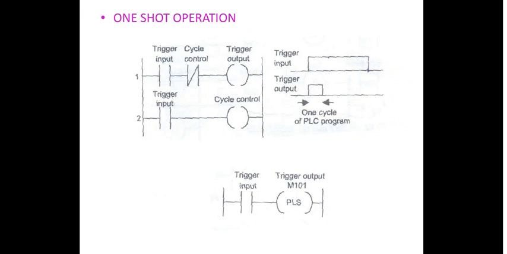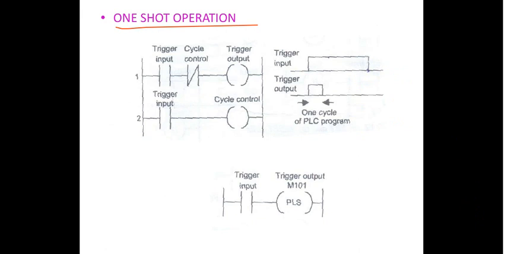They are capable of being turned on or turned off, right? When they are turned on and when they are turned off depends upon some other condition in the system. Maybe one of the switches in one rung, or some other switch in some other rung, may activate or deactivate the internal relays. But what we mean by one shot operation here is that a fixed duration of pulse is always provided for the operation of the internal relays.